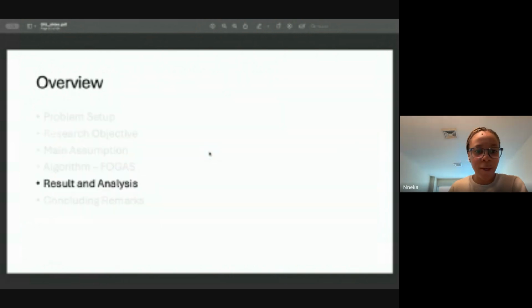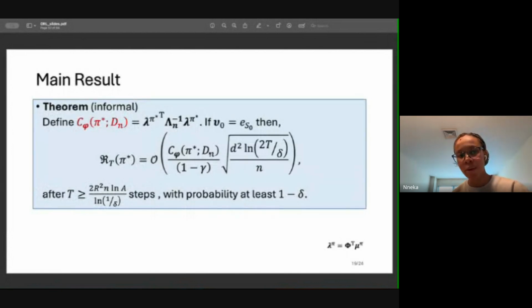Thank you too. And so that's the algorithm. And now our main result is the following. So let's redefine the C5 as a coverage parameter. And basically what this guarantee is saying is that if the initial state distribution is fixed at some state S0,